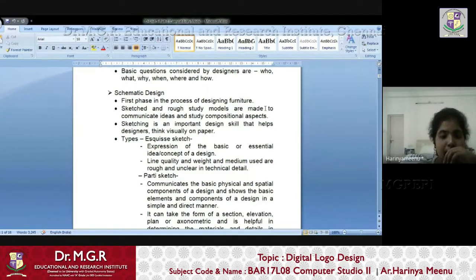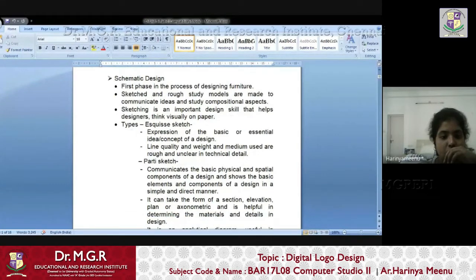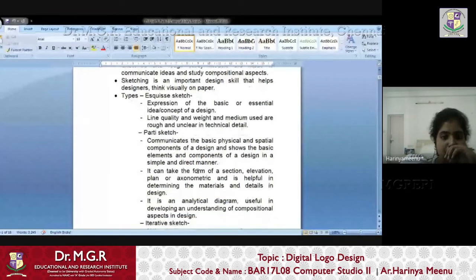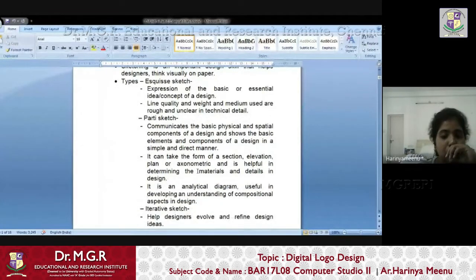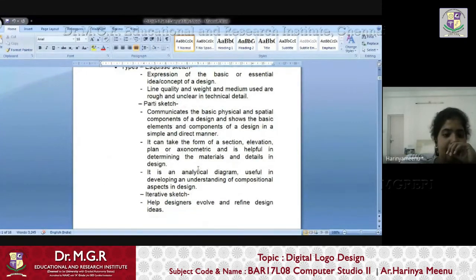You partly sketch and try to communicate the spatial components of the design. This is how you think about going about the furniture design, and how you express your thought process in furniture designing.